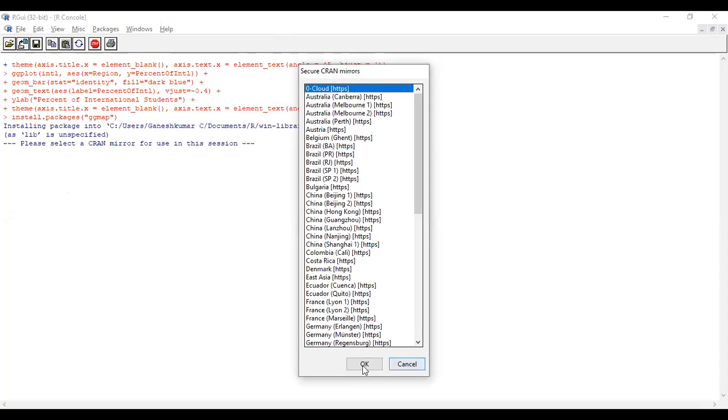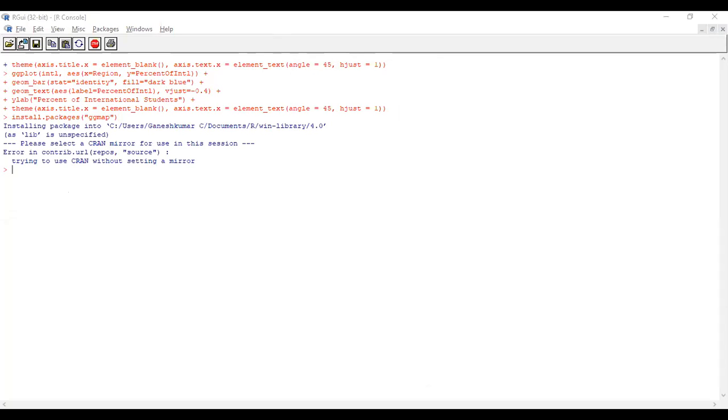So you try to use cloud. Okay, already I have installed, so I'm not doing this one. Directly I'm going for calling the package. Okay, so library ggmap. So those are completed.